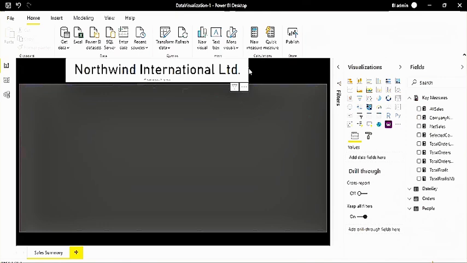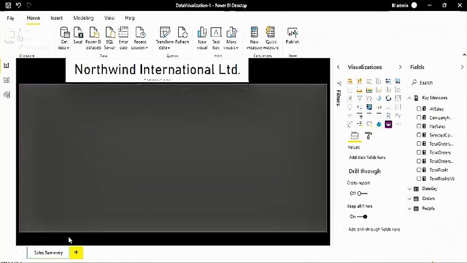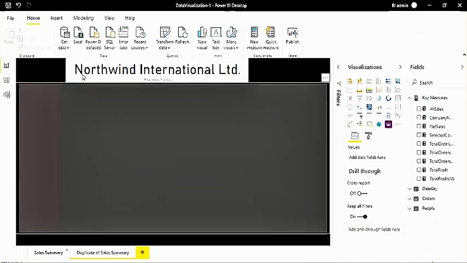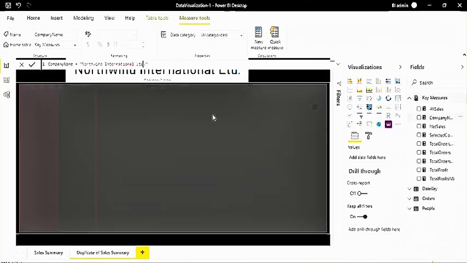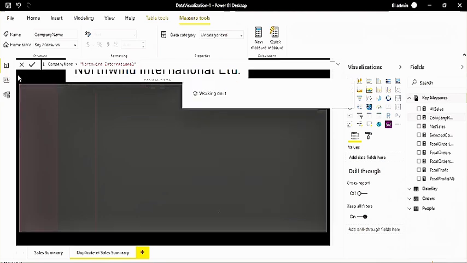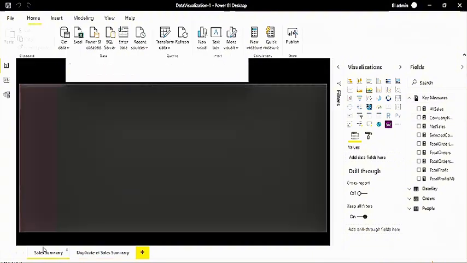Now when you have this report, let's say I created one more page here like this. I have the same report name and company name on each page, and somebody asks me to just remove this LTD dot, right? I don't want to see this. So what you will do, you will just go to the measure here and just remove the value from here. Okay. So you can reuse it. This is reusability and it's done. On all your 20 pages, it will be done automatically.